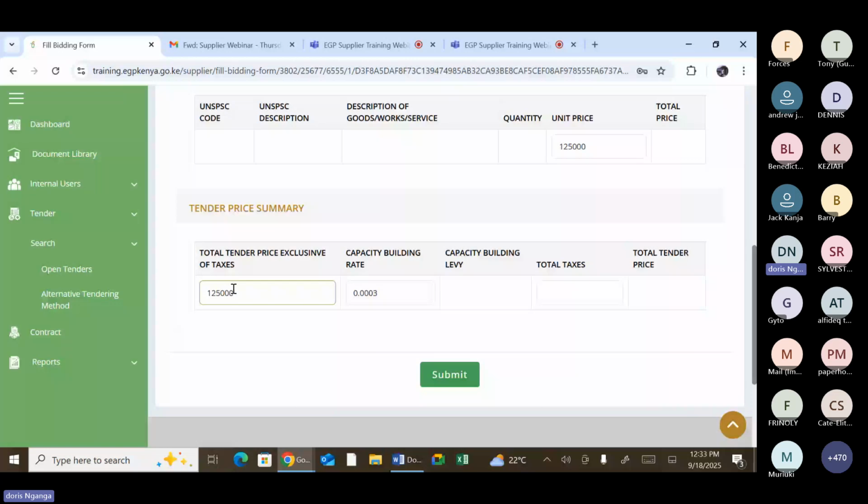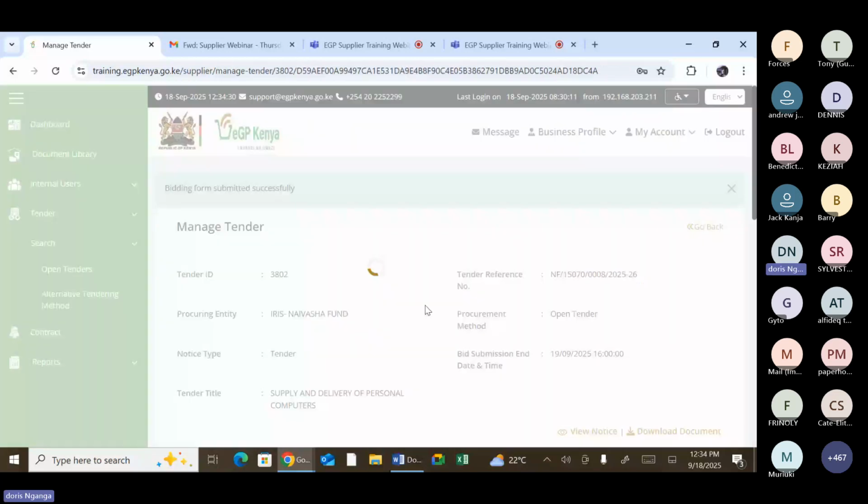The capacity building rate, applicable taxes, and it will give me a total tender price. Kindly note it has added the three parameters. That is the total tender price exclusive of taxes. It has added capacity building levy, and then the total taxes to give me the total tender price. So I'm going to submit. I go back to the bid preparation